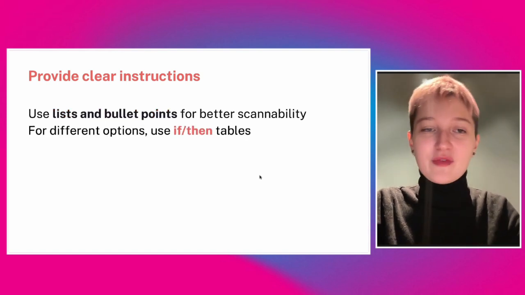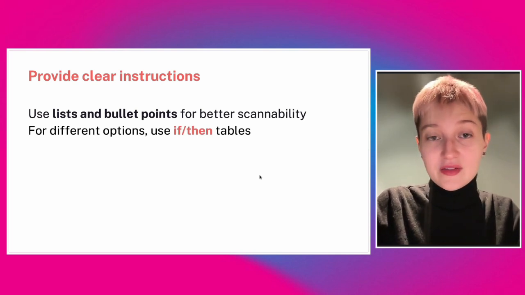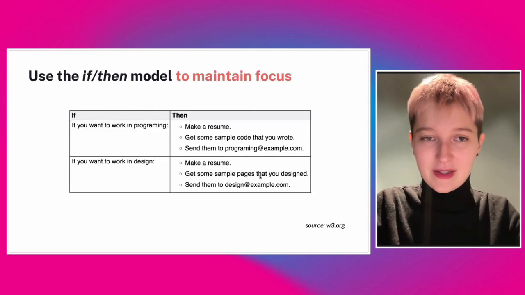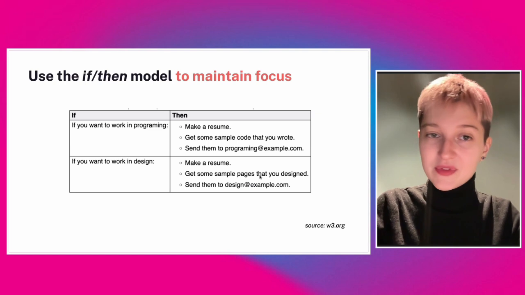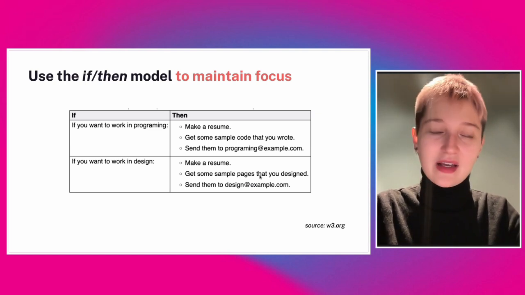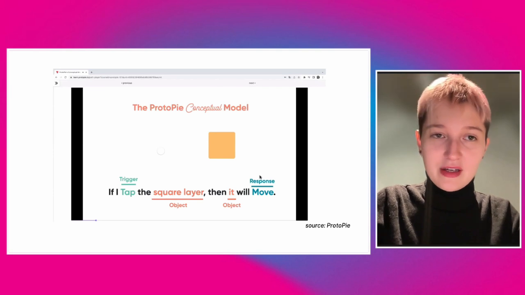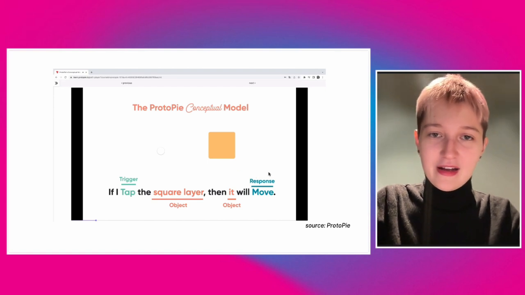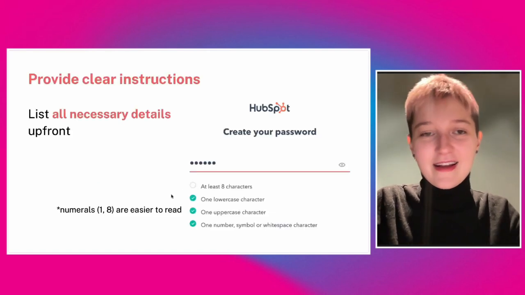But there's one more thing. If we have different options and the instructions get a little bit more complicated, it's a good idea to use tables, if/then tables that look like this. If we have different options, then we can divide them into two very clear paths to make it easier to follow the steps and to decrease the number of decisions someone has to make, like in this example. And this is what it looks like in one of the instructions I was using recently, the prototype manual, when they did just that.